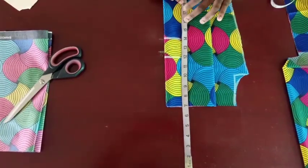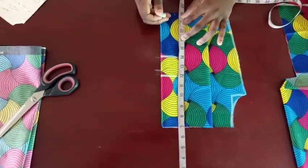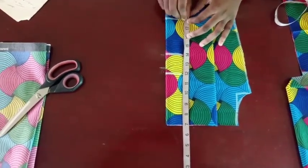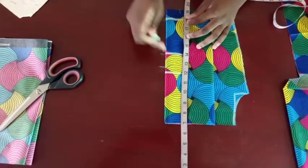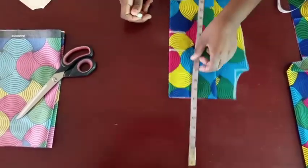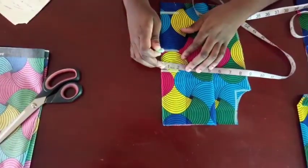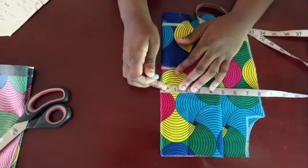Shoulder to waist on the person is 18, so I'm going to mark that here, right? So you see what I've done? I have shoulder to breast point, shoulder to under the bust, and then shoulder to waist. So the next thing you're going to do is to come to the line of the shoulder to breast point, and you're going to,